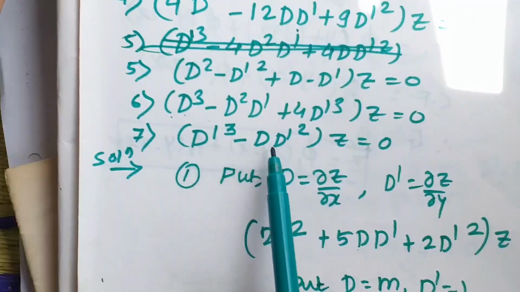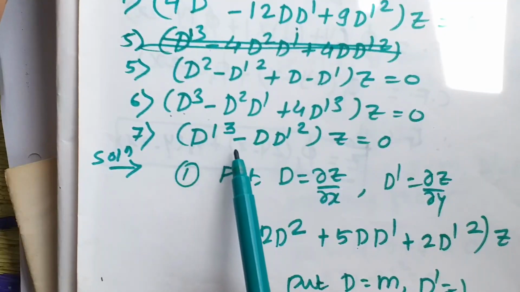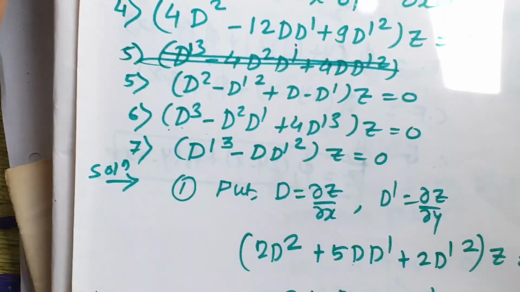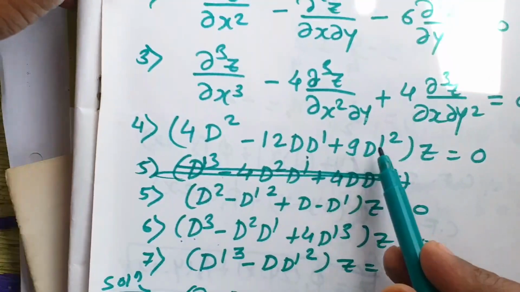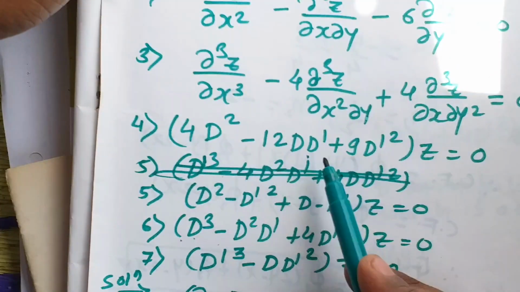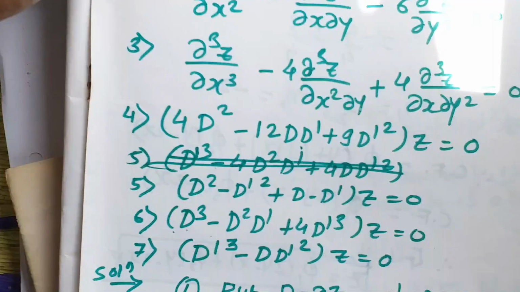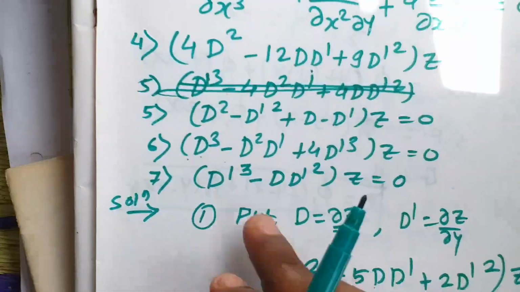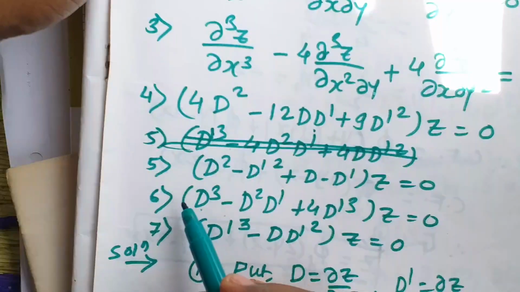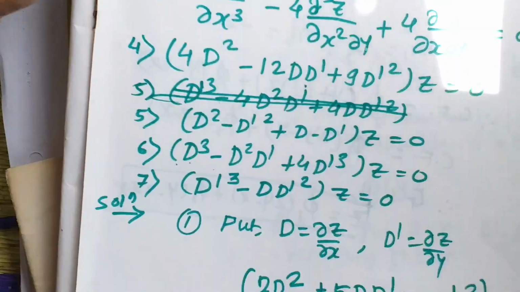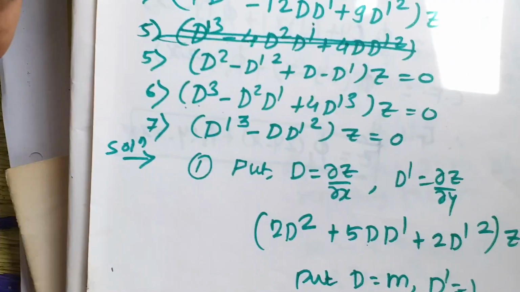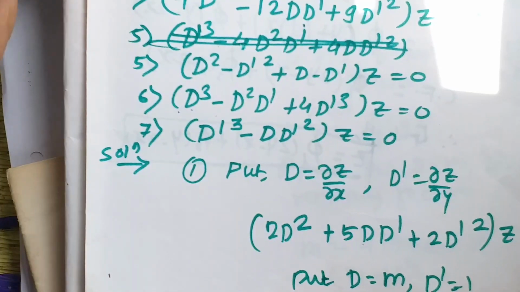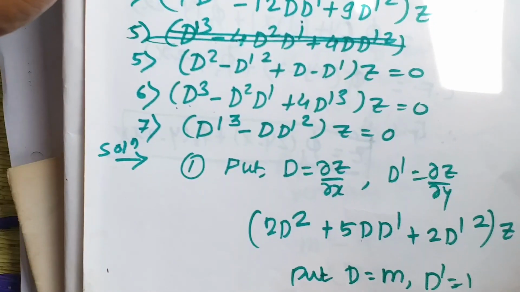And in the last we can take d dash term common, so I will do the last one directly, and the remaining you try. Definitely you can do them, because you just need to put d equal to m and d dash equal to 1 and get the roots and write the final solution. In these 3 there is no common factor, so directly you can do, and in the last there is a common factor, so I will do that for you, how to do it in such cases when d dash is common. So the last example I am doing now.